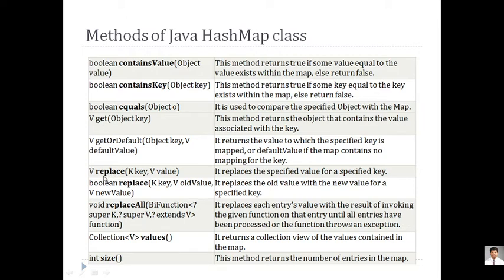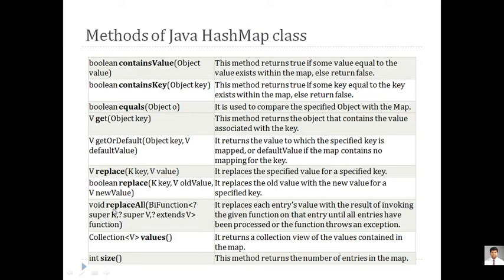Replace is a special type of function where you can change the key values directly. So replace is for replacing the value of a specific key. Again, there is another replace function where the old value of a key will be replaced with a new value. So we'll have an example of this replace also. Replace with 2 parameters and replace with 3 parameters: the 3 parameter version will always return a boolean, true or false. The 2 parameter replace function will return a value. V means a value. That is one thing you have to note.